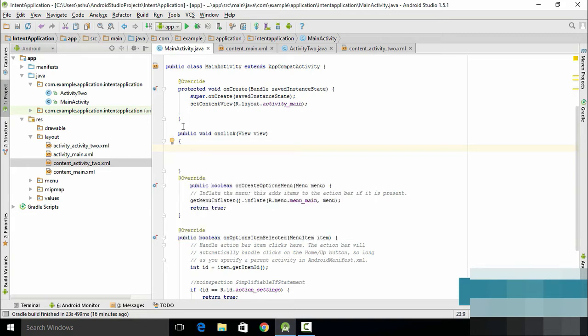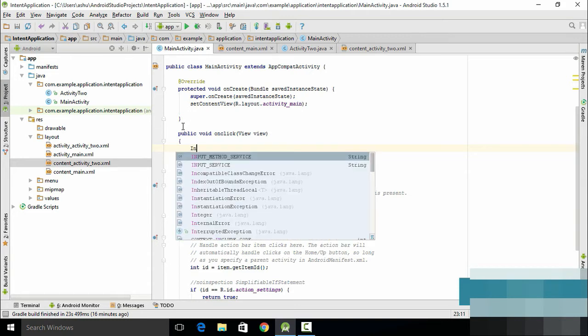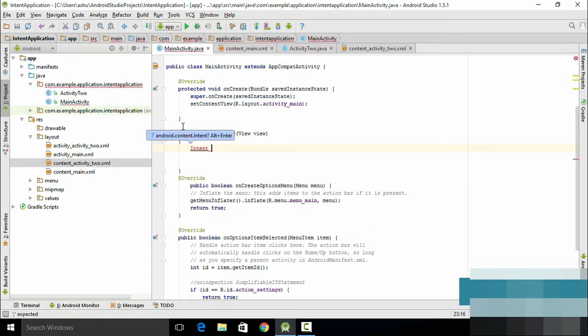The first thing to add an intent is to type Intent, then give the intent a name. But before giving a name, we import the intent. So we press Alt and Enter, and it automatically imports the package which contains Intent. Now once Intent is imported, we simply name this intent. Let's say we name the intent i. Then we type this equals new